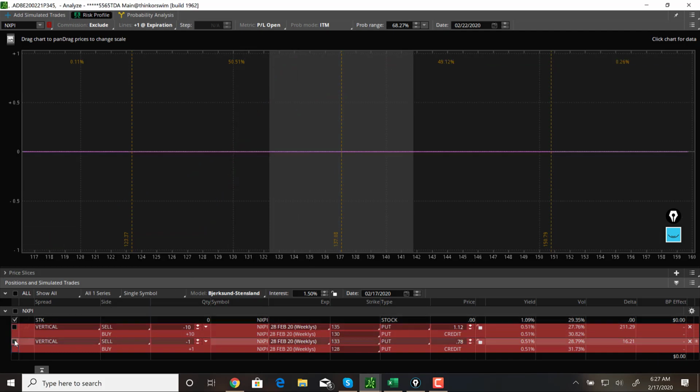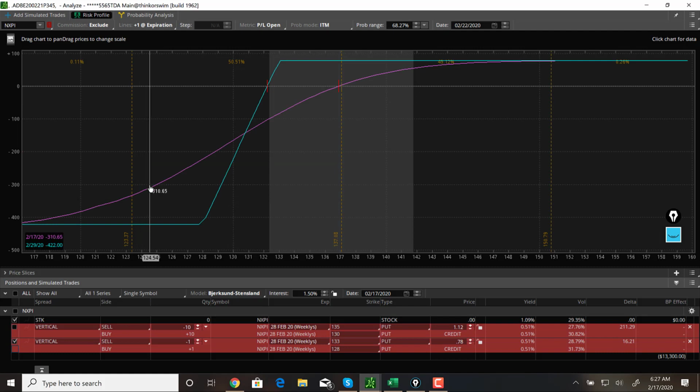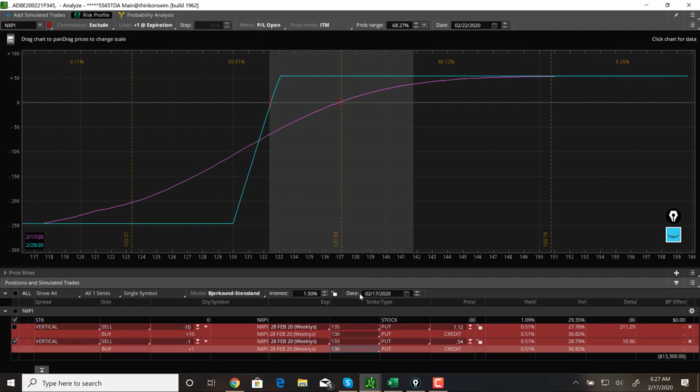But say you don't have that big of an account, say you have a $1,000 account, but you don't want to put 42% of your account in. Okay, so you come to your lower strike, and you're like, let's bring it closer. I'll make it $2 wide, or sorry, $3. Now your max loss is $246 to make $54. And if you have a $1,000 account, that is a 5% return